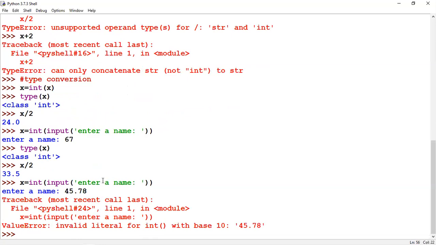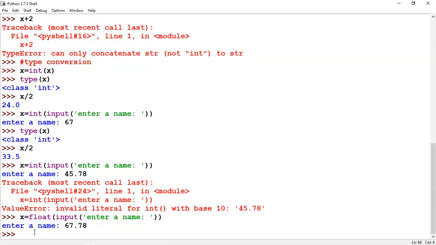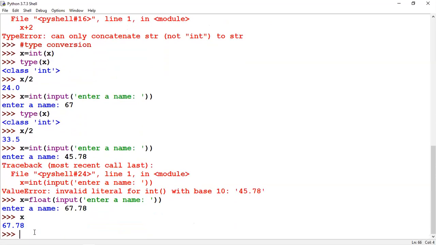The next thing we are going to do is take the same code, and instead of integer, I am giving float. So now we can get a float input. This is the way to get an input from the user. Like this, you can use any data type, as a number or a string. By default, input gives us a string, so we don't need to bother about those things. Any doubt in this? No. Okay, great.